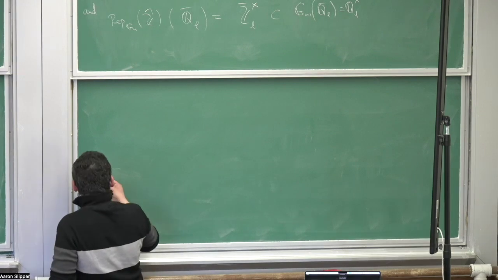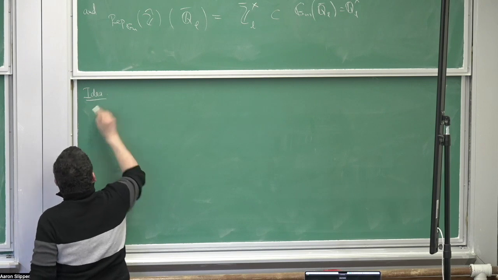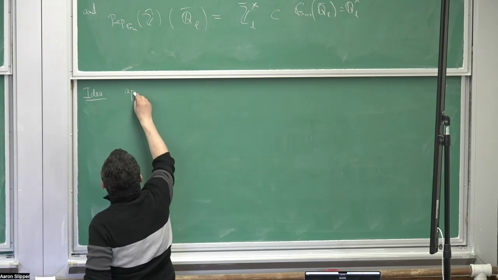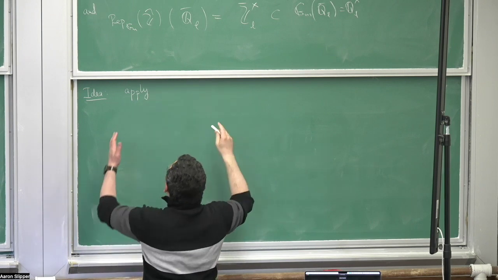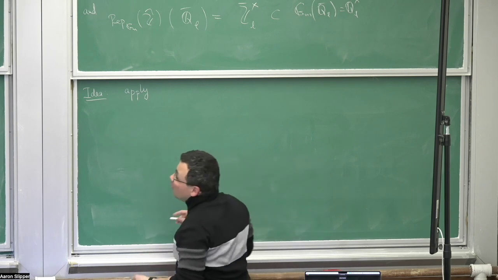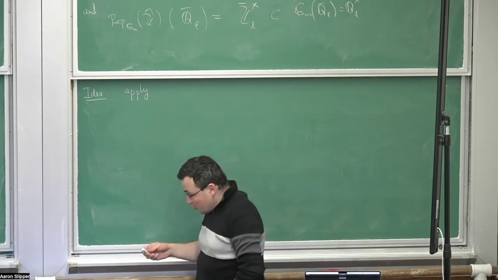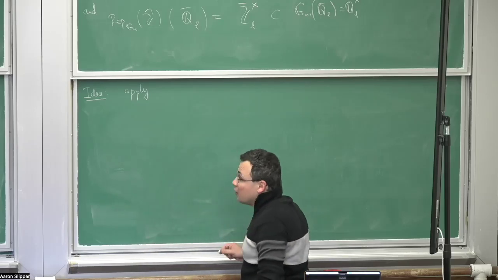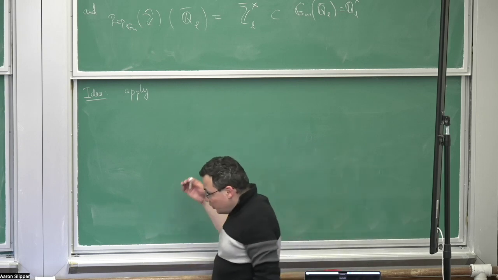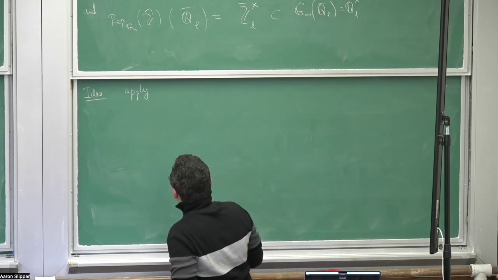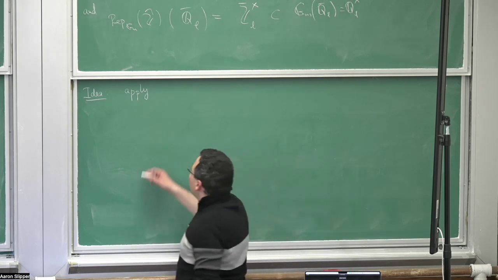So the idea is to apply... You can try to implement several ideas. One can really try to make sense of this moduli of continuous representations in some way. That's a reasonable idea, and I think it will lead to essentially the same space as I'm about to describe. But there's a more categorical approach that doesn't worry so much about the topology, which is to apply the Tannakian formalism.